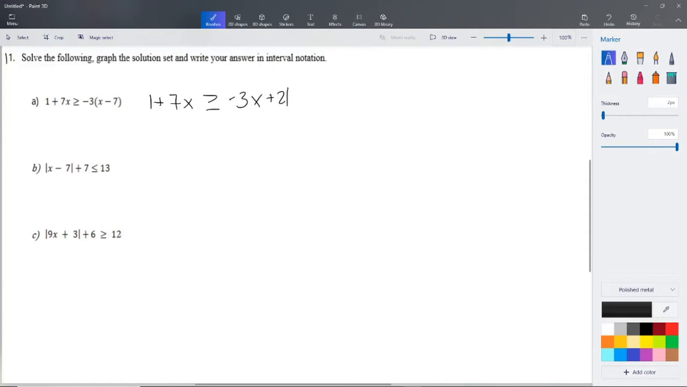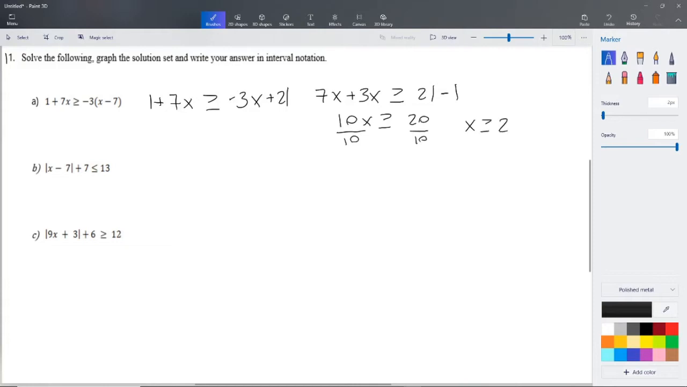We want to gather all of our x's on the same side. I like the left side for that, so let's do that. So it's 7x on the left already. We're going to bring the negative 3x over. It's going to become positive 3x. It's still greater than or equal to. On the right side, we had 21 over there. And we're going to bring over the 1, which becomes negative 1. So this gives us 10x on the left is greater than or equal to 21 minus 1, 20 on the right. If we divide both sides by 10, we're going to find that x is greater than or equal to